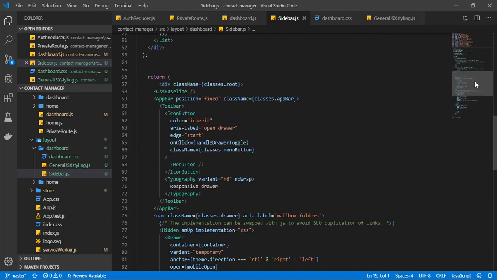So that's it, guys, for this video. In the next video, we're going to be looking at adding a new contact. So basically, we are going to add a route, add a column in our sidebar, remove all the columns in the sidebar, add a new column in our sidebar. That's going to help us add a new